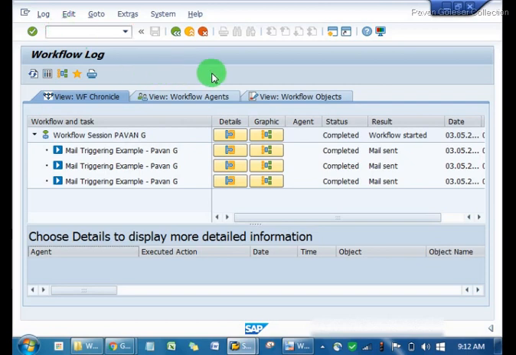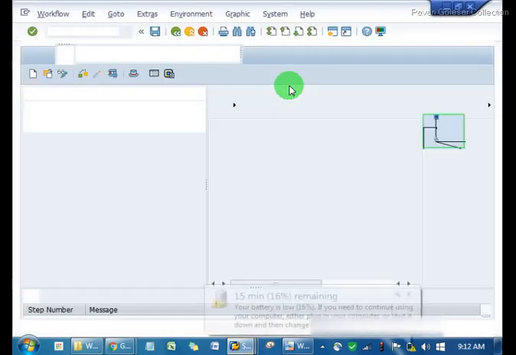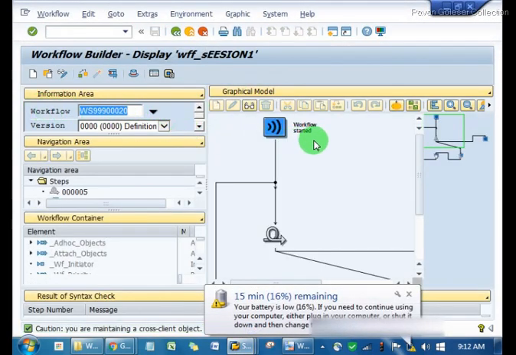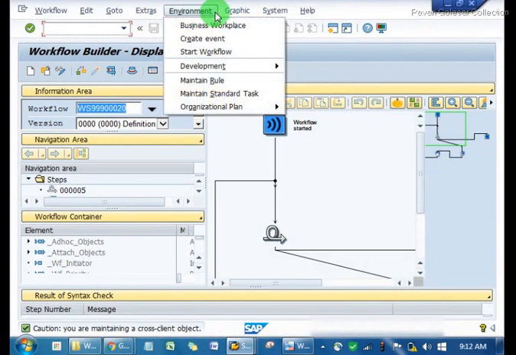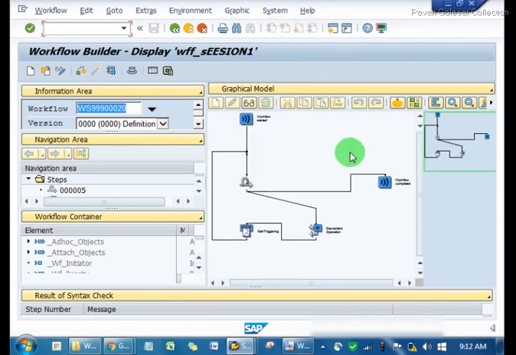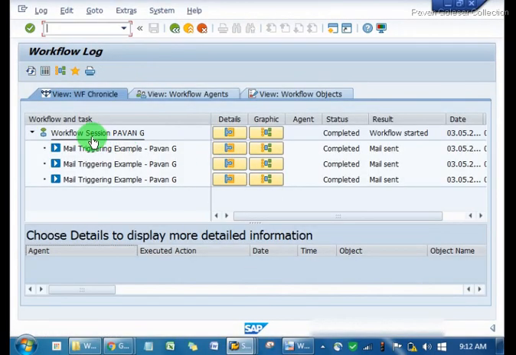I again go to SWI1. It will by default open the recent workflow, that is nothing but ours. So correct. This graphical. Okay, so as you can see, workflow has been started, loop until decrement, send mail and complete. So अभी इसमें से कौन से step complete नहीं हुई है? Which step is not executed by workflow? For that, you can come over here and anytime check this workflow. 3 बार execute हुआ है and complete भी हुआ है and mail send भी हुआ है.